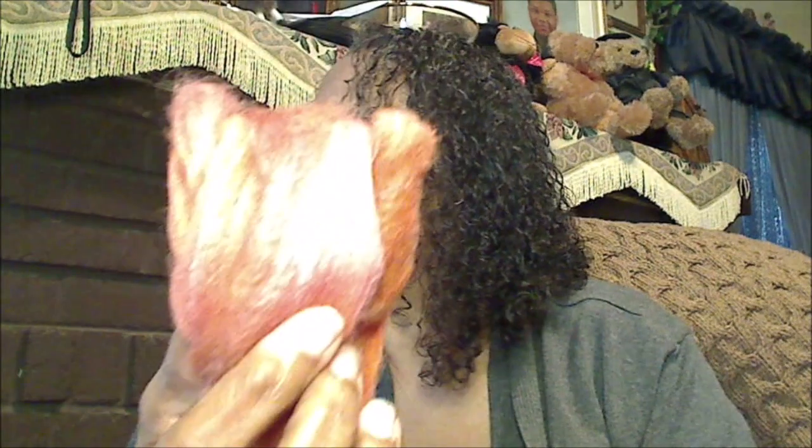And what this is, is some Gwen Ahrens Natural Fibers Targhee, silk, and bamboo. 80% domestic wool, 10% silk, 10% bamboo. And it was in an orange color. There you go. And I blended it with some of that super bulky fiber that I had because